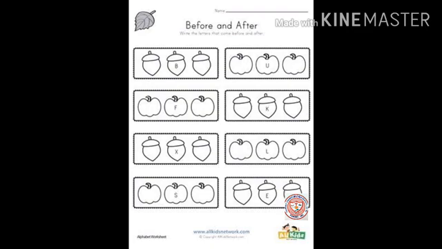Like that, in the next worksheet is U. So after U comes V, and before is T. So in the next one, F. In the middle it is written between. So what comes before F? E. And what comes after F? G. So I think this is quite an interesting worksheet. So let's see the next picture for the complete picture.